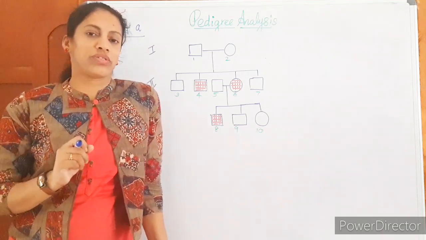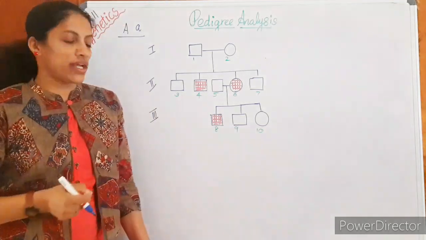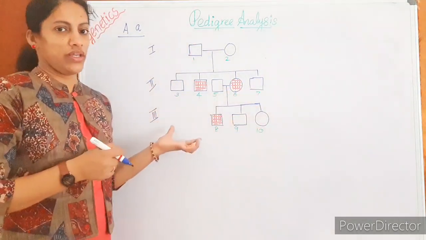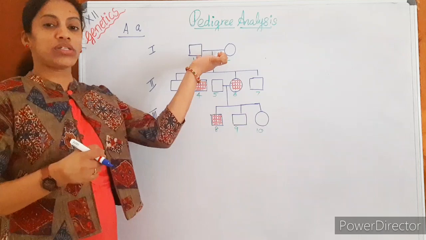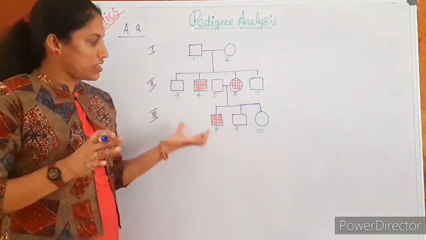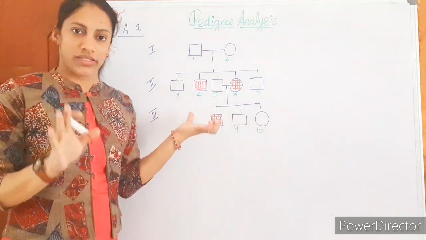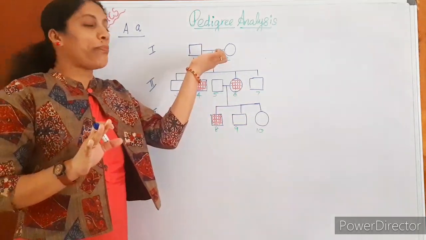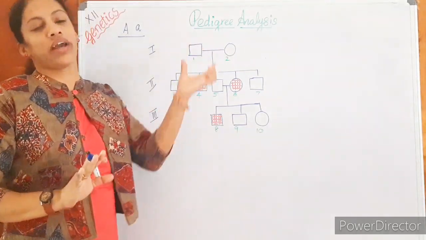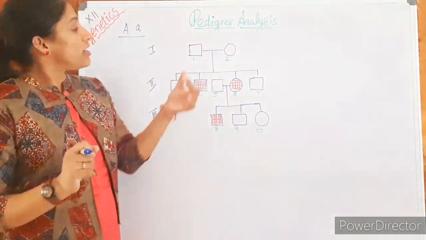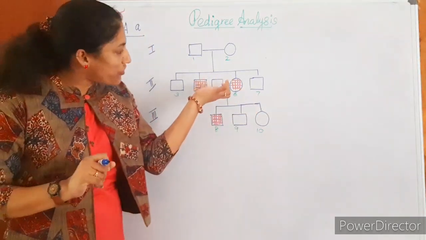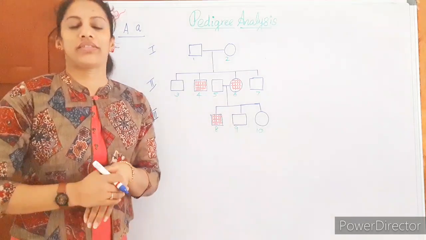I will give some pedigree questions to work out. This one I can just do for you. Just look at the pedigree. Here the parents do not have the trait or disease. This is a pedigree showing a particular disease, and you can see that both the parents do not have the disease. But they got children with this disease. Two of their children have the disease.